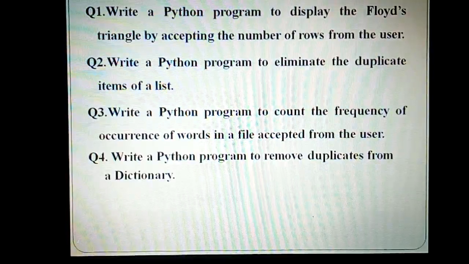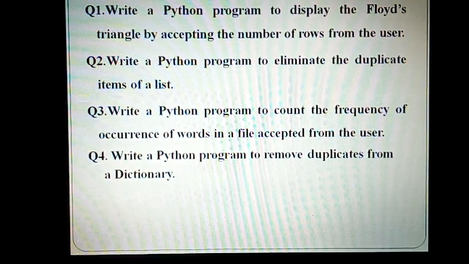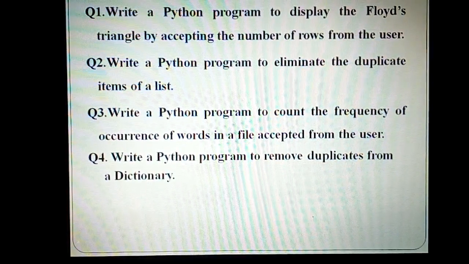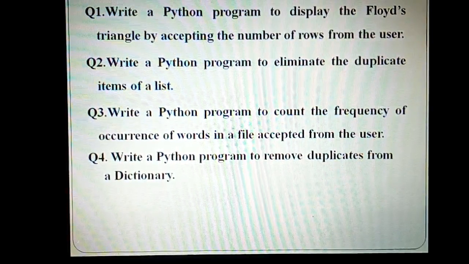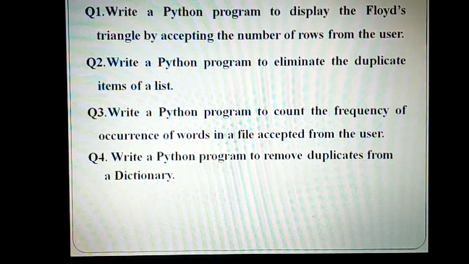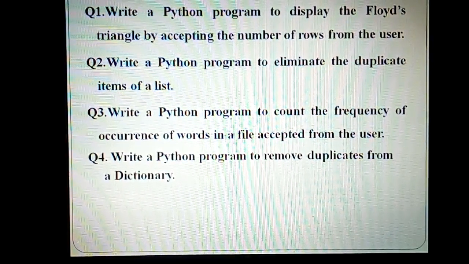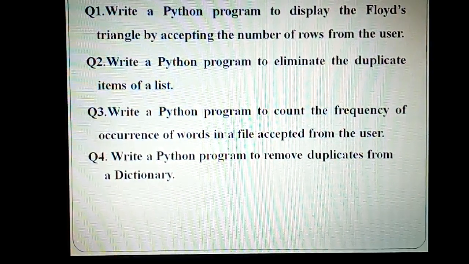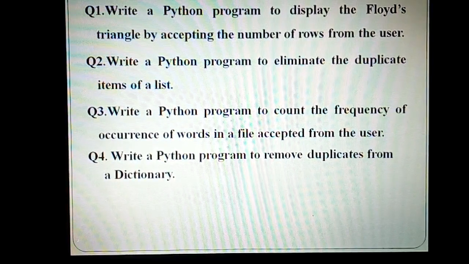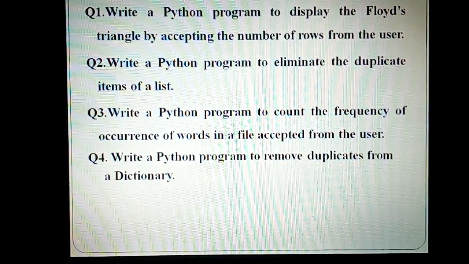So let us now go to the next problem, which says problem number 2, write a Python program to eliminate the duplicate items of a list. Now this is another interesting problem wherein you need to eliminate the redundant elements from the list, and this happens to be one of the lab problems that you can work on. Now what is the logic that is required? One thing is clear, the original list is taken, and that original list is processed and added to another list so that we can eliminate the duplicates.